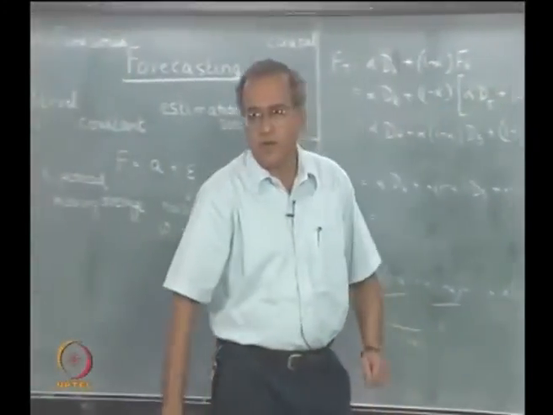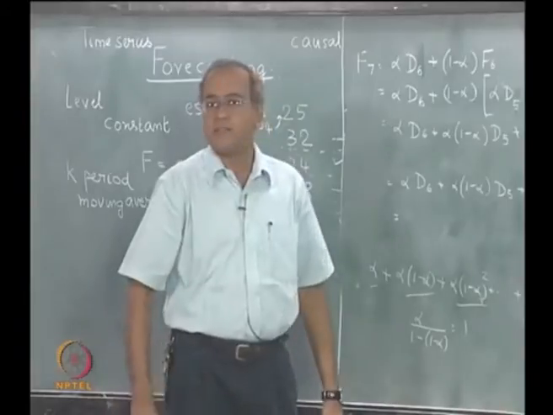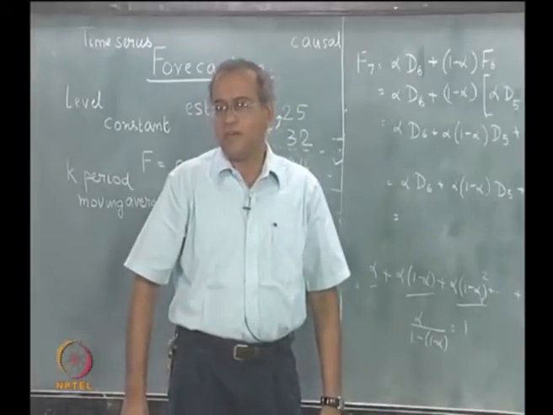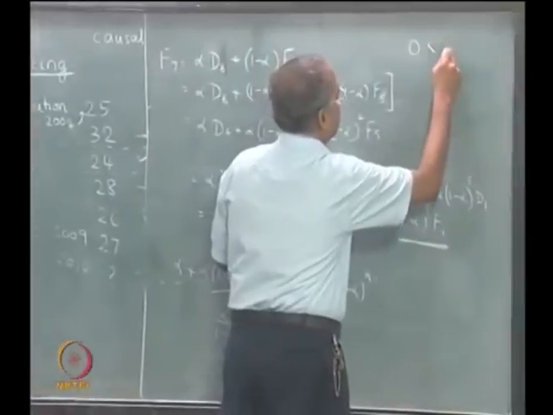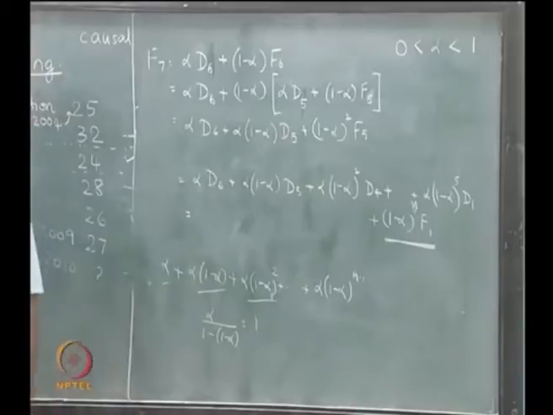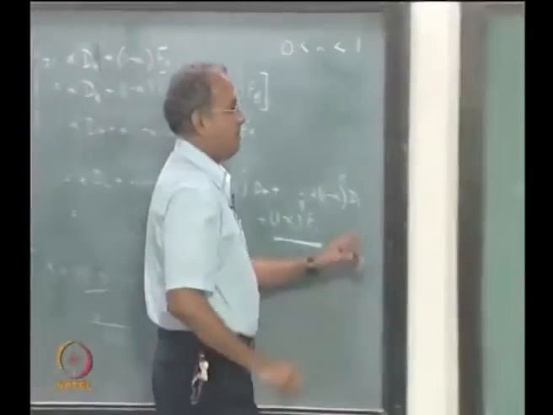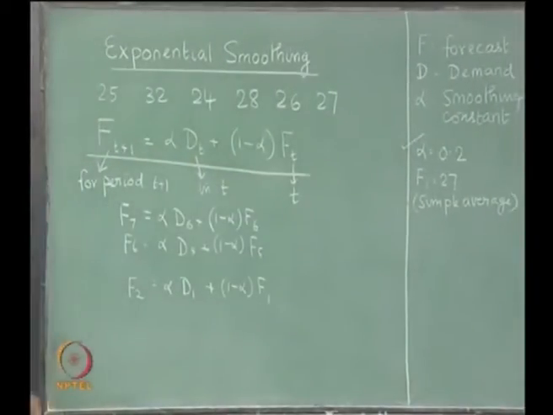Now, first of all, alpha should satisfy two conditions: alpha is greater than 0 and alpha is less than 1. So, 0 less than or equal to alpha less than 1. Now, why are we looking at this? If we come to the most basic equation which is given here, from this equation